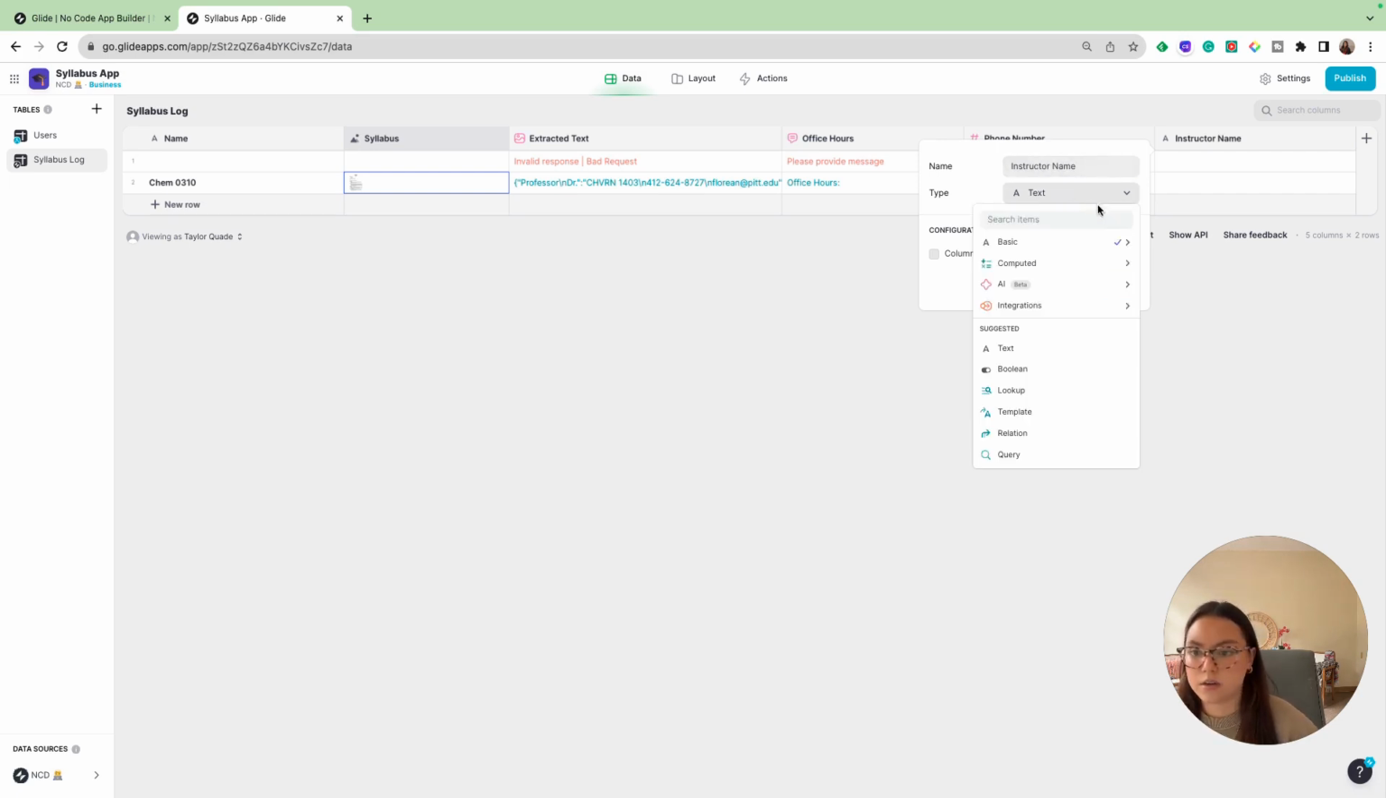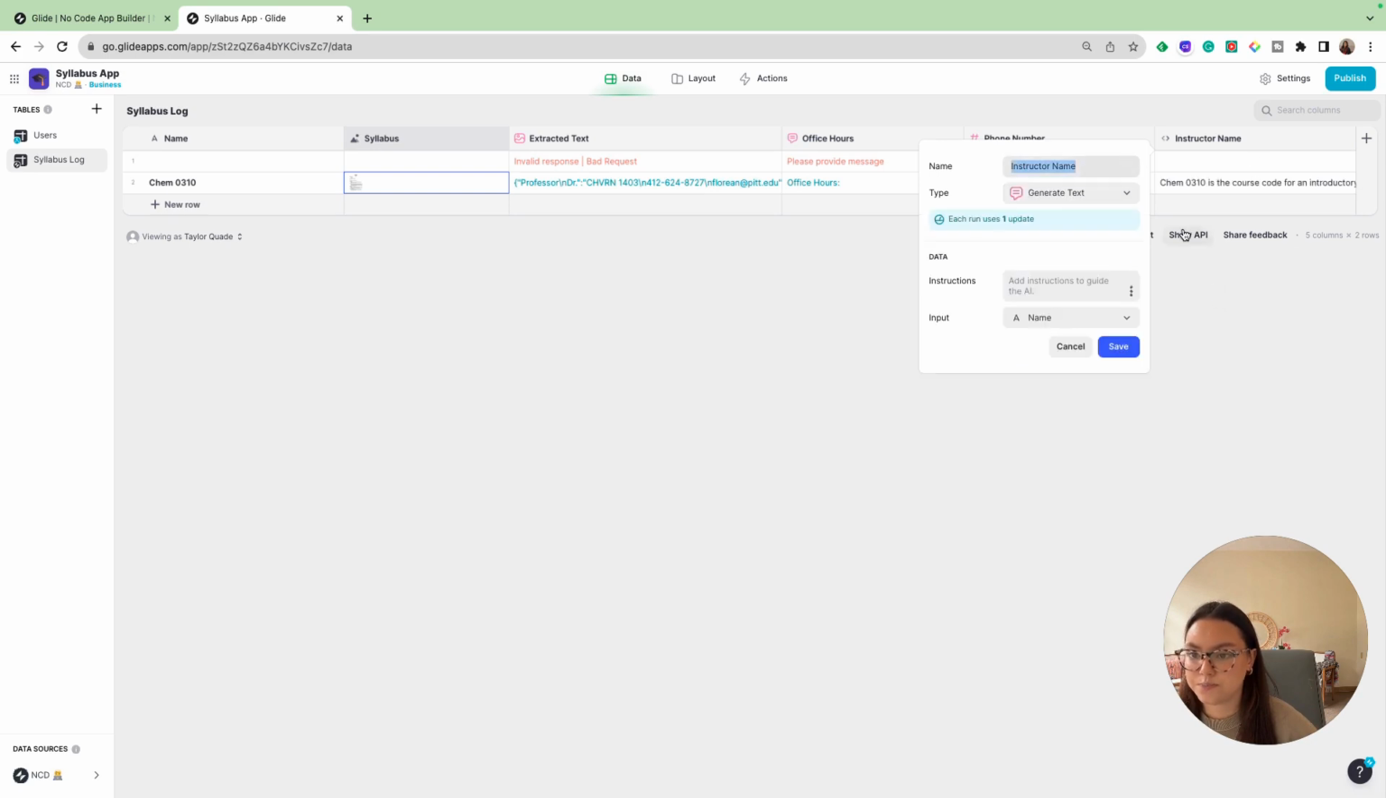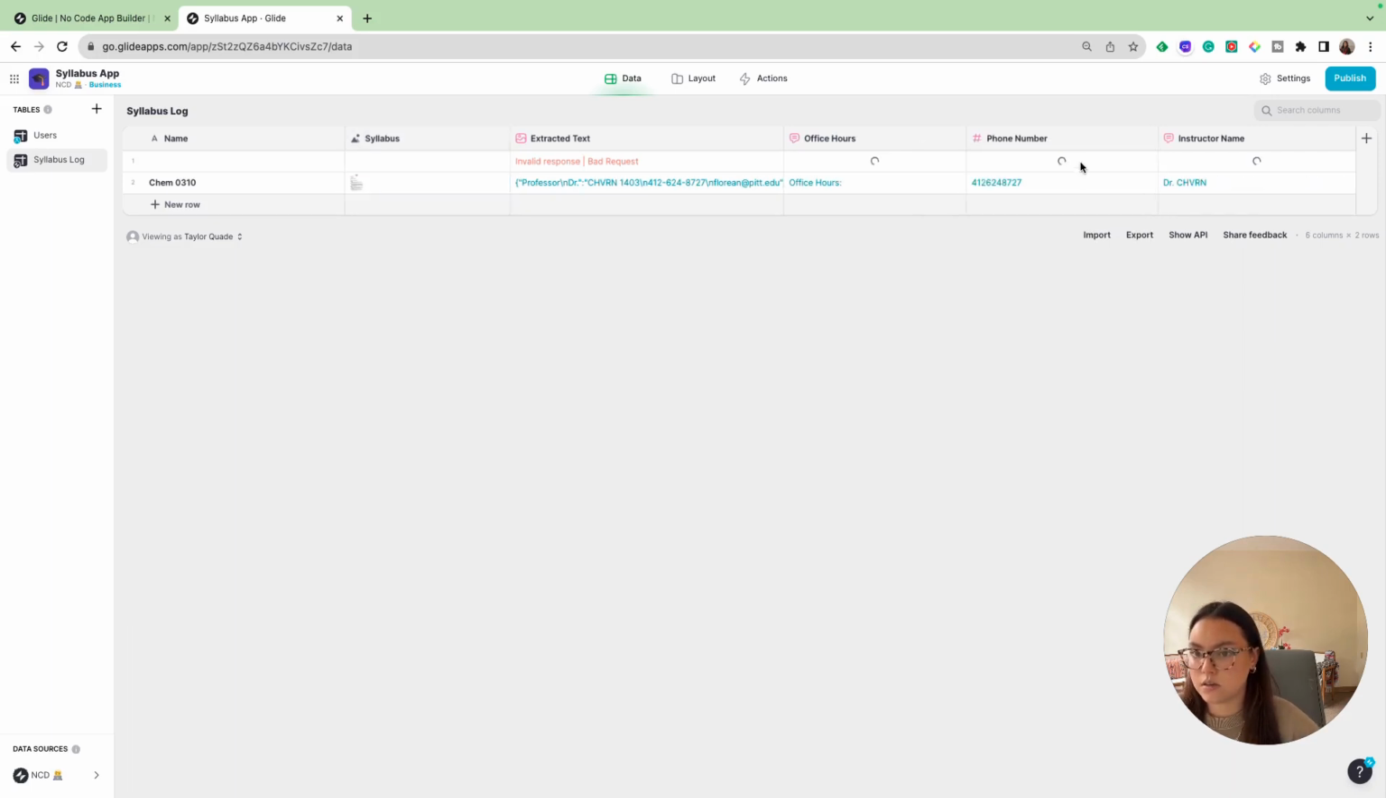And this one is going to be a generate text column as well. We're going to make sure our input is the extracted text. And then for the instructions, give me the name of the professor and format it with just the name. Okay, looks good. Now that we have our extracted text, our office hours, our phone number, and our instructor name,